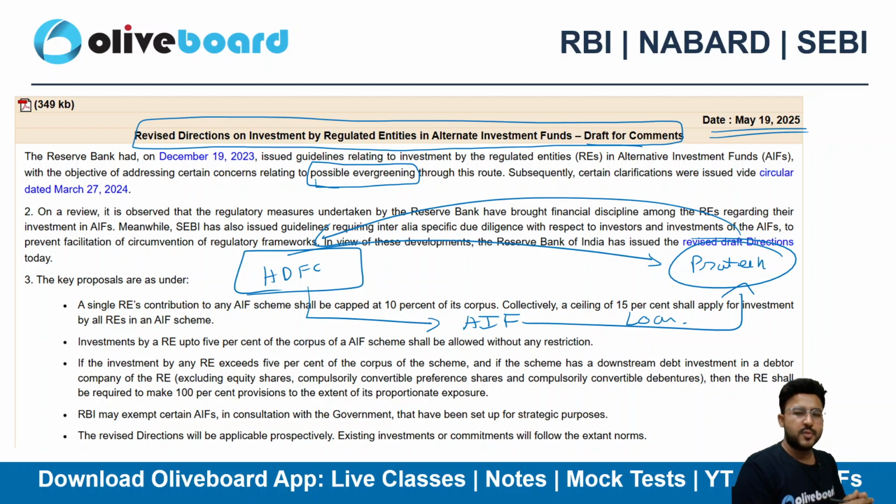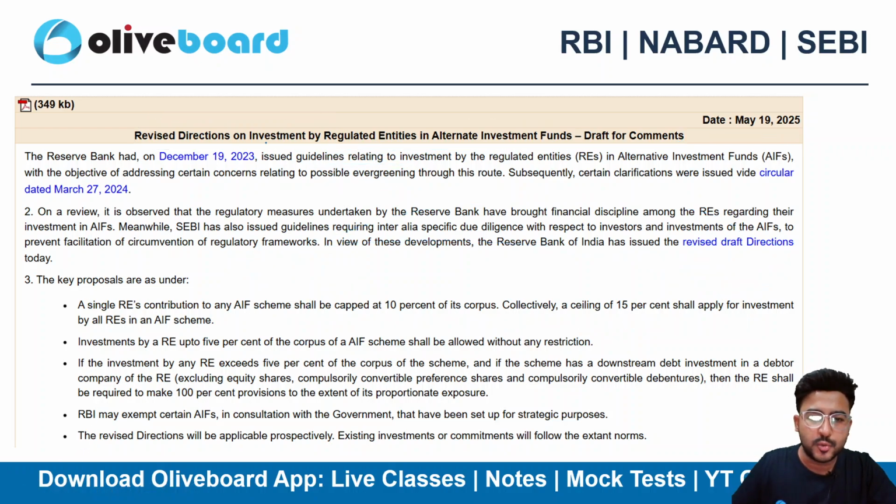The loan that was given earlier, I was not able to honor that. So HDFC Bank gave me a loan via an AIF so that I can honor my previous obligation, so that it doesn't become an NPA. So can I say that this is a case of evergreening? If this is happening, that means this is a case of evergreening, and RBI doesn't want this to happen. All these directions are meant to prevent possible evergreening, so that you are not repaying an old loan by taking different loans. It doesn't make any sense, right?